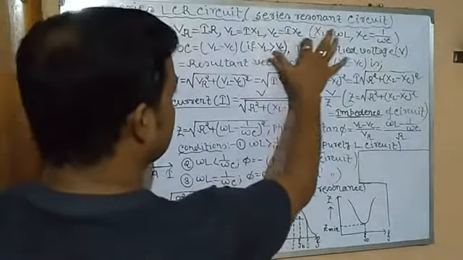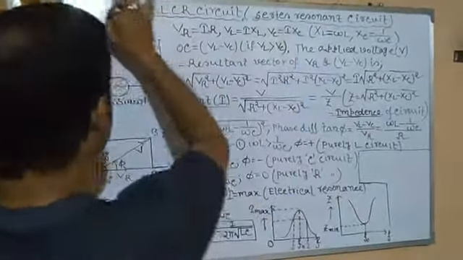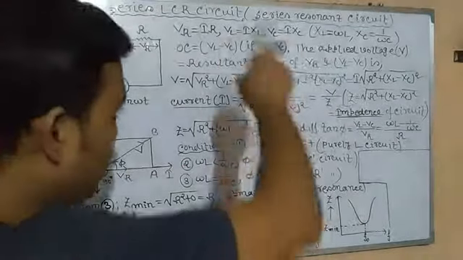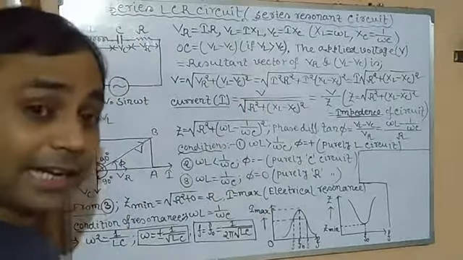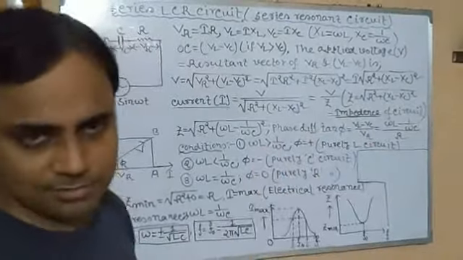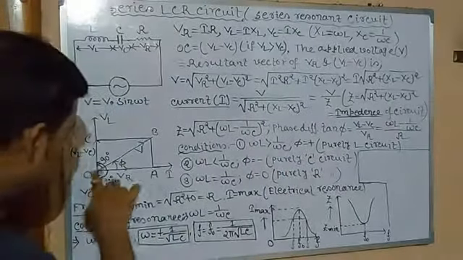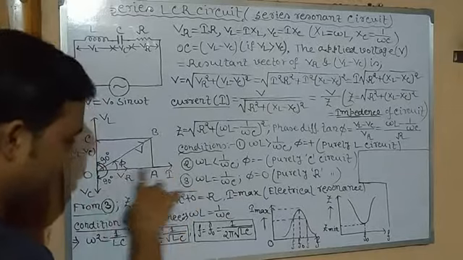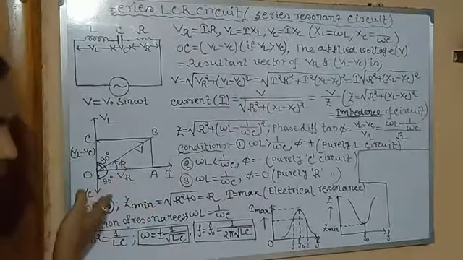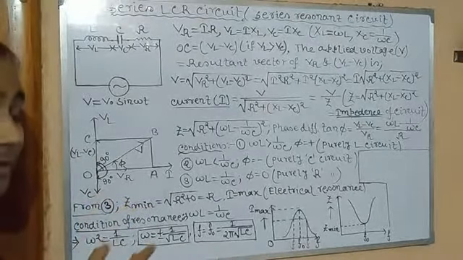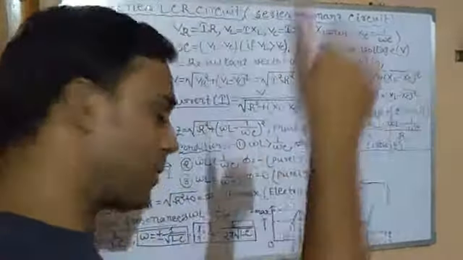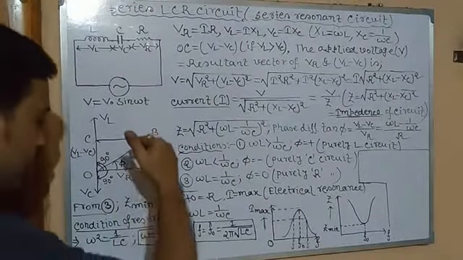In case of the capacitive circuit, containing the capacitor, what will be its phasor diagram? We all know it is opposite to the inductive circuit. Here current is ahead of voltage. Current leads the voltage, or voltage lags behind current by 90 degrees. This is the phasor of the current. But voltage is behind, by 90 degrees. Why? Because I is equal to sin(omega t plus pi by 2). So current is 90 degrees ahead, whereas voltage is 90 degrees behind.